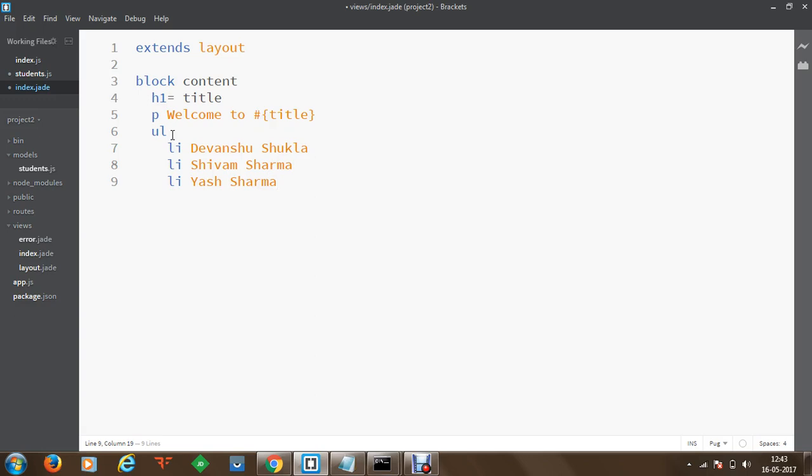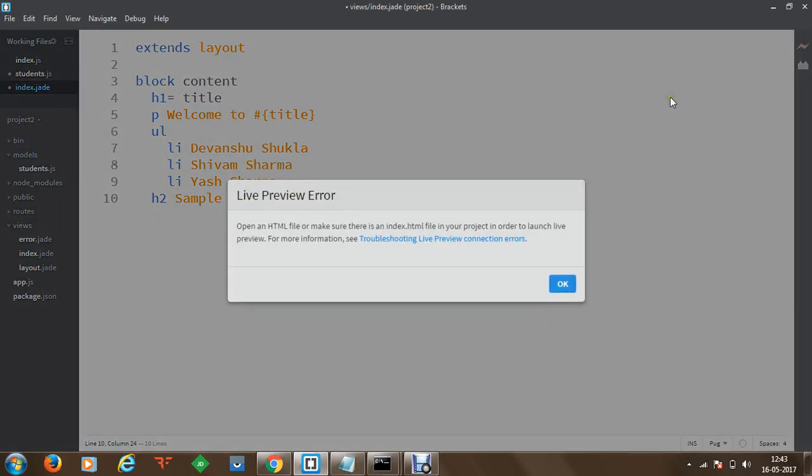In the same way, you can take in a specific data model, and you can display the value of controls here. In case you want to specify some more headings or something like this, let's say I'm going to provide an h2 tag within this, and this will be, let's say, sample description. So we can define JADE in this particular format.